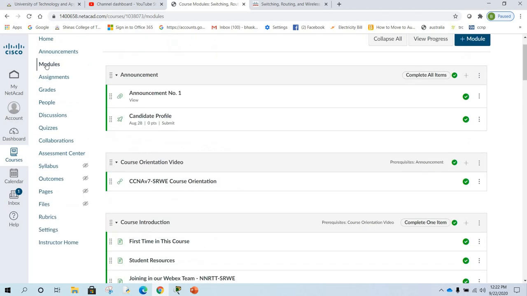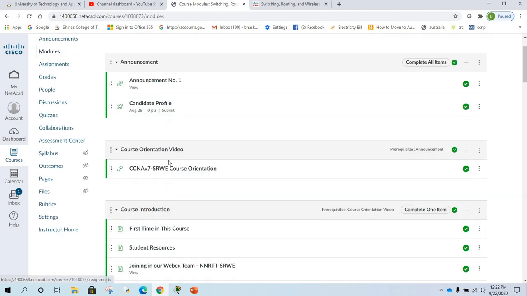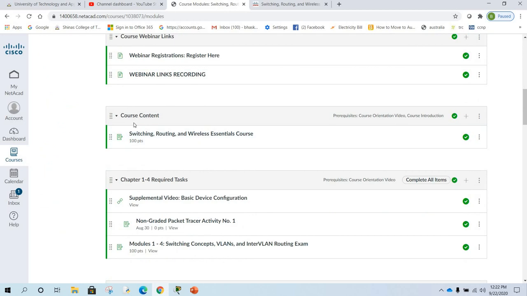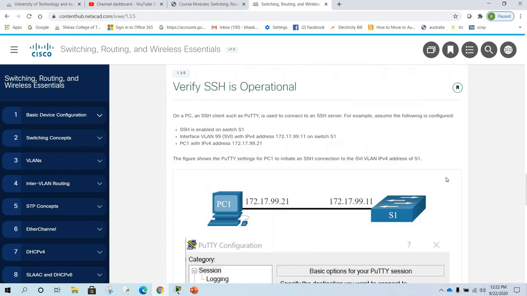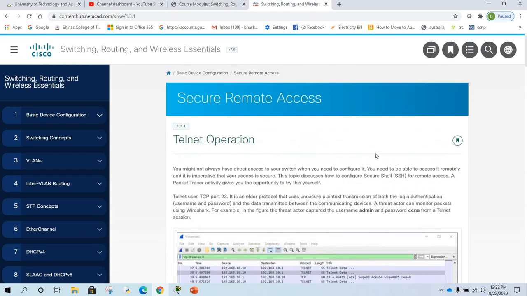So I'm repeating, go to modules, click on course content. In course content, you can see here the Switching, Routing and Wireless Essentials course. Click on this link. Once you click here, you will get the window like this one.